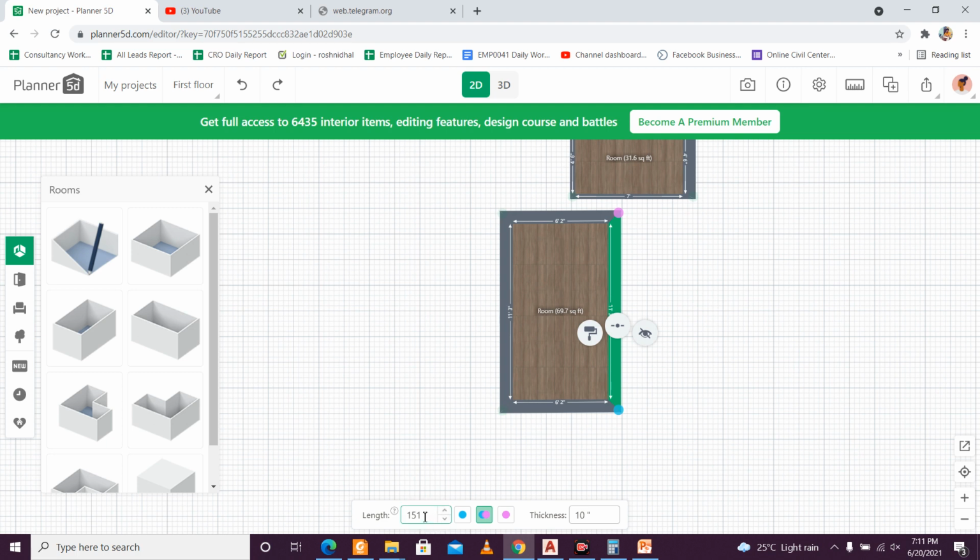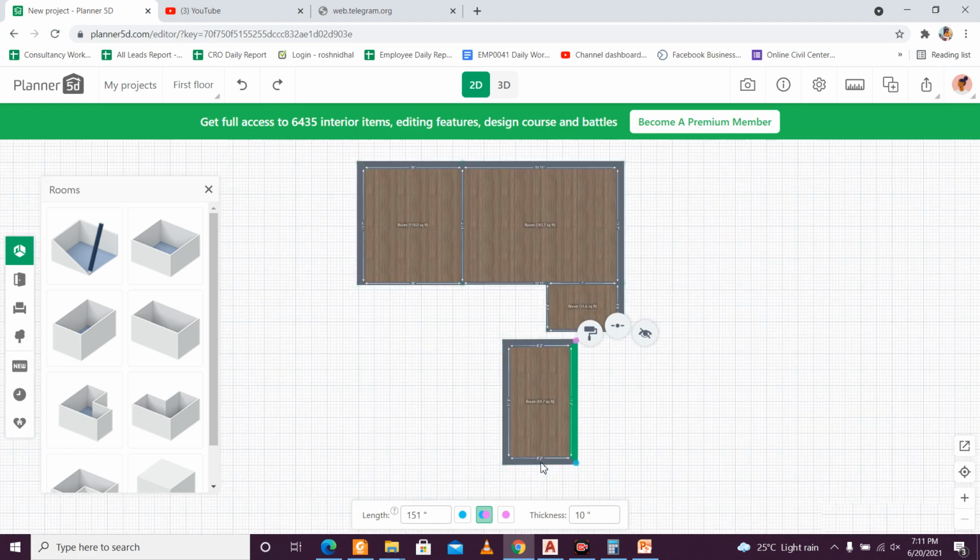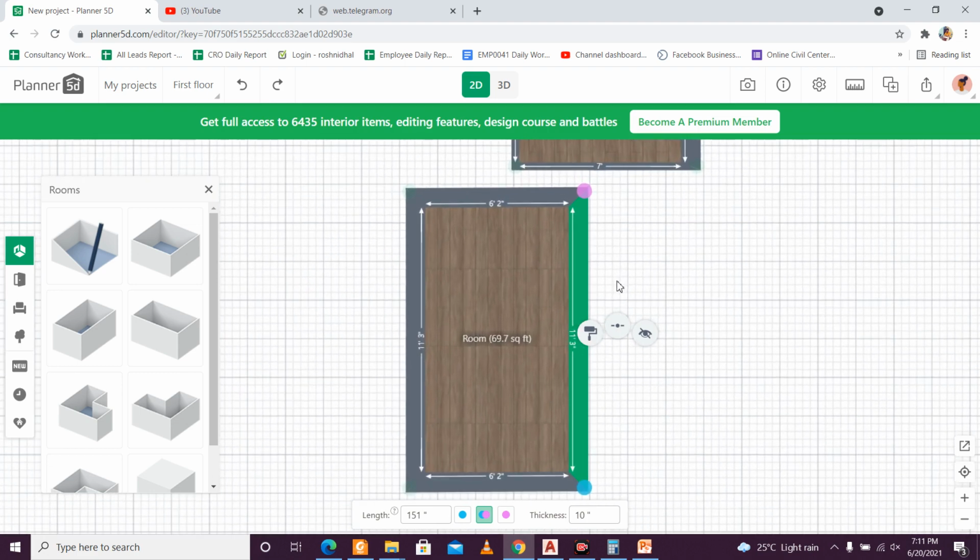So 14 feet. It is currently, as you can see, 11 feet 3 inches. So 11 feet 3 inches means 3 plus 11 into 12, which means 135. What is it showing? 151.